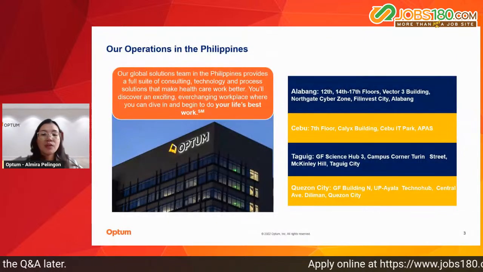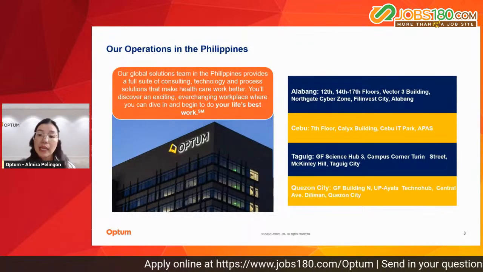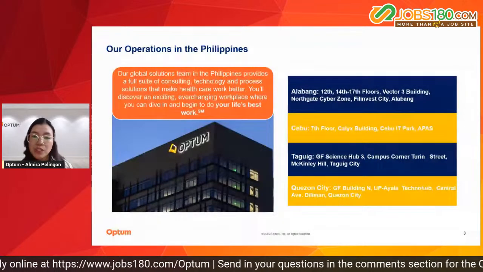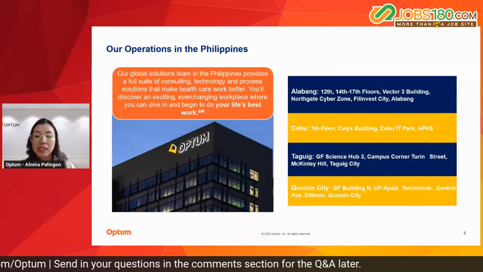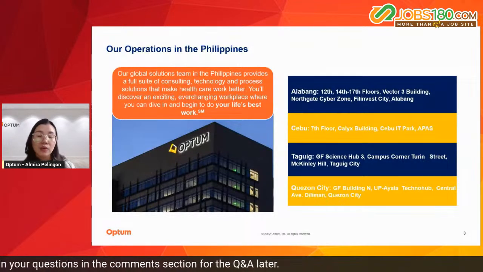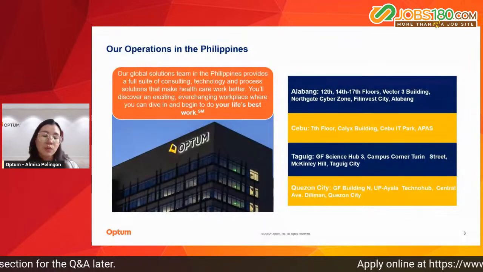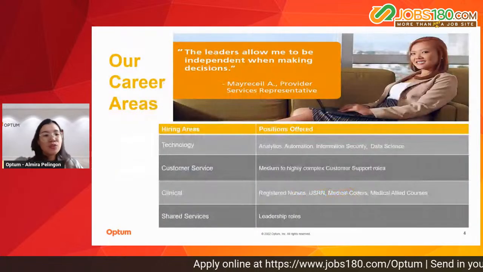So here are our operations in the Philippines. So we currently have four sites. We have one in Alabang, which is located in Philinvest. We also have one in Cebu, which is in Calyx Building, in Taguig, which is in McKinley Hill, and Quezon City, which is located in UP Techno Hub. We also recently just opened our fifth site, which is in Makati in One Ayala,